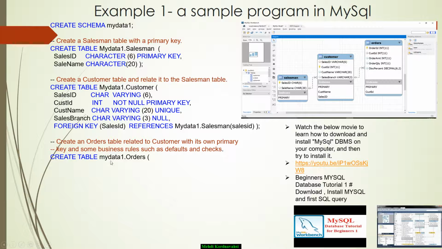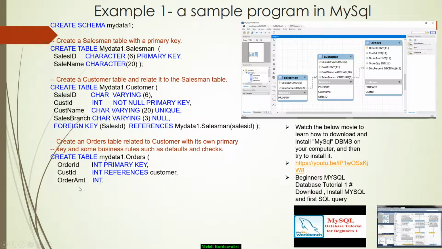Again, create table mydata1 orders, order ID integer primary key, cost ID integer, and reference to table customer. So in this table, cost ID is referred to table customer via the field cost ID,